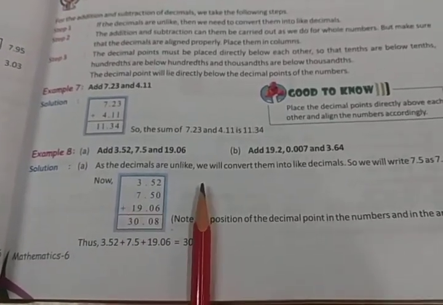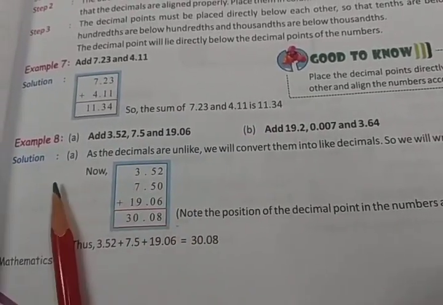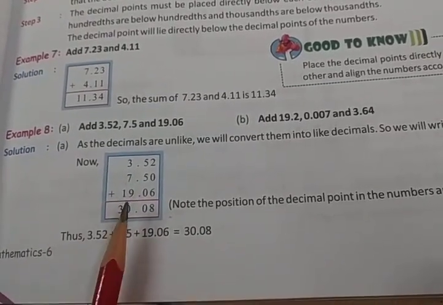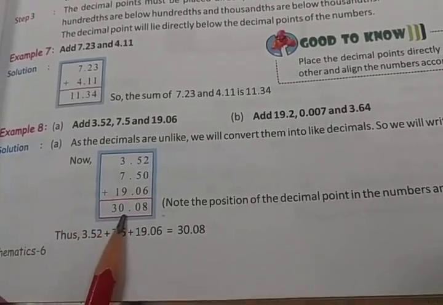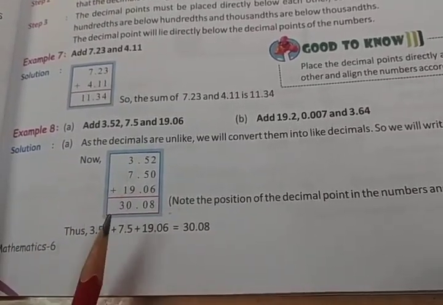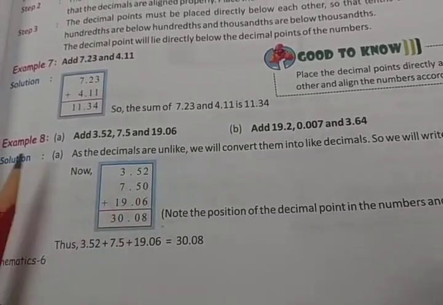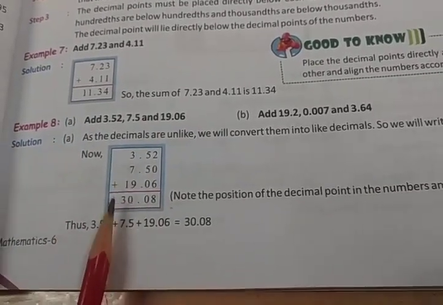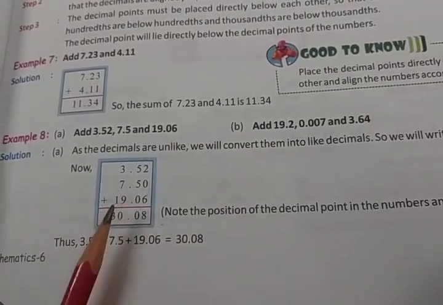Let it be any number this side, let it be any number this side. Means how many numbers I want, I can write this side and this side also. Okay, here it is only 1's place, here 10's place, no matter, but the decimal point should be in a proper sequence. If the sequence is not there, then your answer will be wrong. So that is the first step you have to keep in mind when you are doing addition or subtraction of decimals. Okay, so here I have taken 3.52. Whatever the question given, arrange in a proper form, then do the proper addition. This addition you know. Only the thing here is you have to keep the decimal place in the same line.